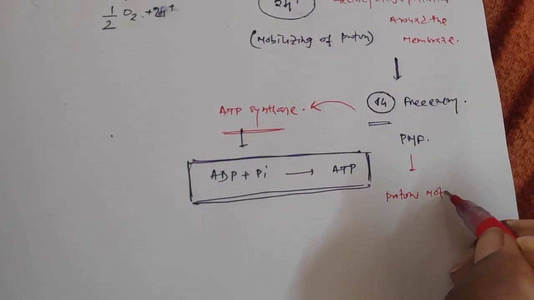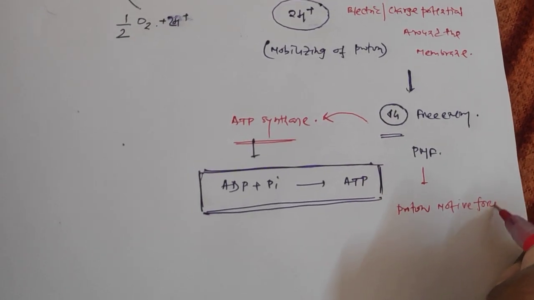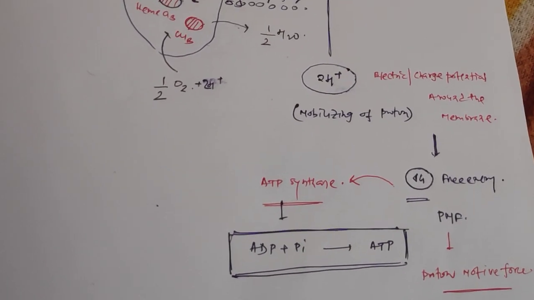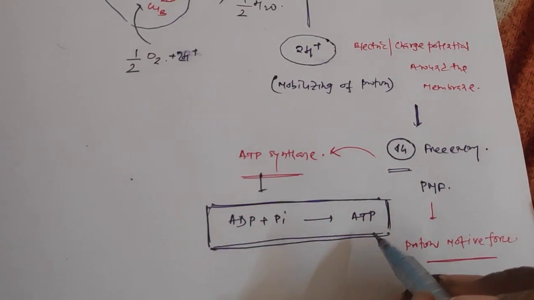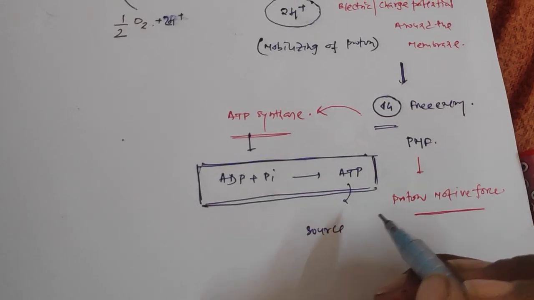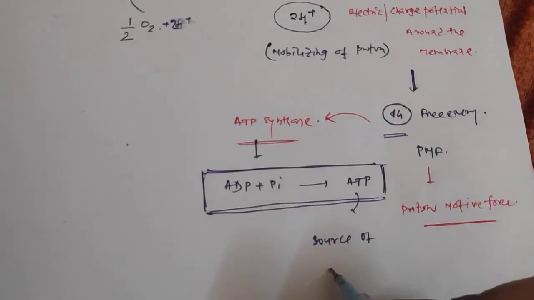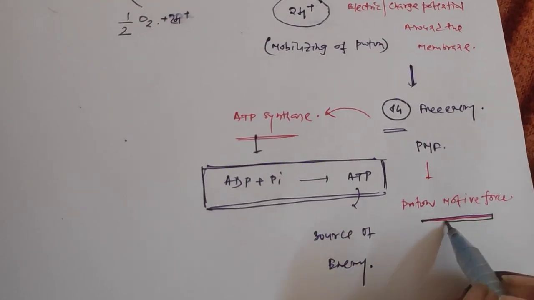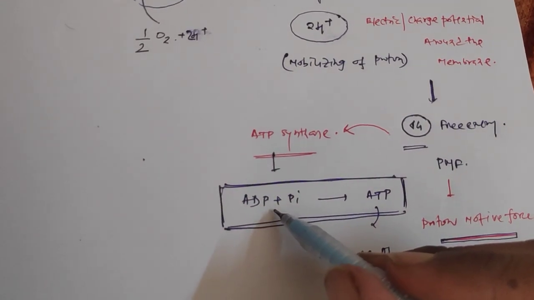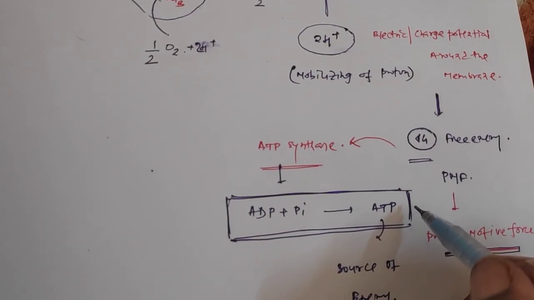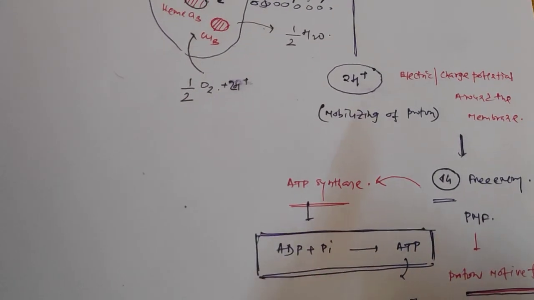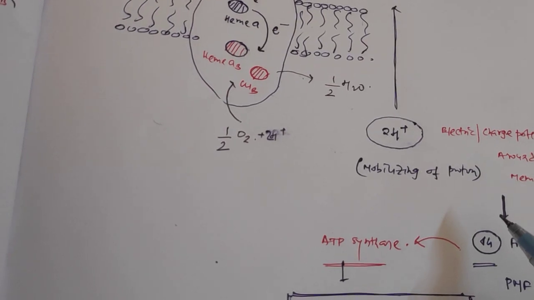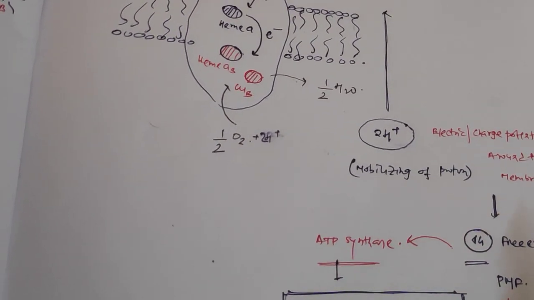So this force is getting utilized in order to convert ADP to ATP, which is the source of energy. Phosphorylation is taking place basically for the source of all energy in biological systems. So without this proton motive force, the conversion of ADP to ATP will not take place by ATP synthase. So the cytochrome C oxidase is not only converting the dioxygen to the water molecule, it is also helping to